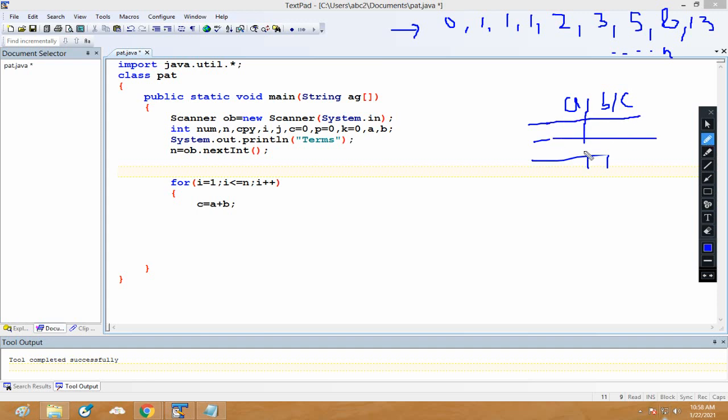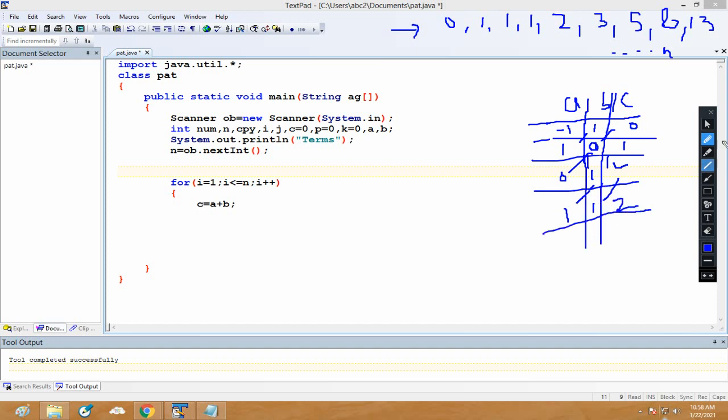For generating 0, 1, 1, it has to be minus 1 plus 1. So minus 1 plus 1 is 0. Then we will swap, interchange: we will shift the value of b into a and the value of c into b. So it will be 0. So 1 plus 0 is 1. Then the same thing, 0, 1. Again this will come 1. Then this. Am I clear on this?